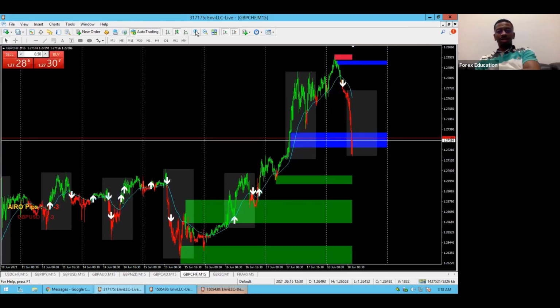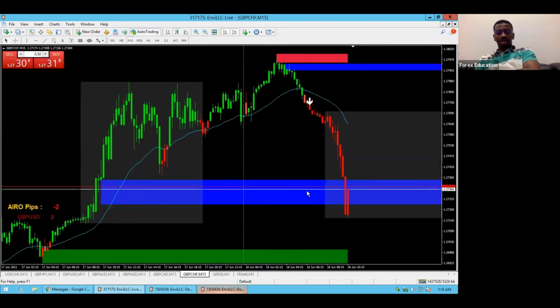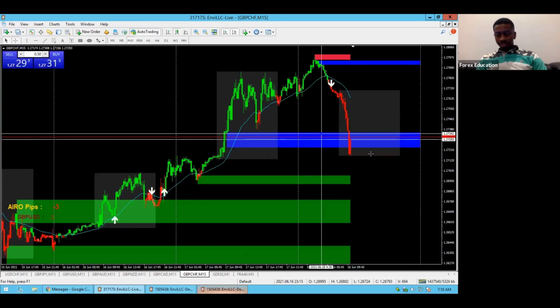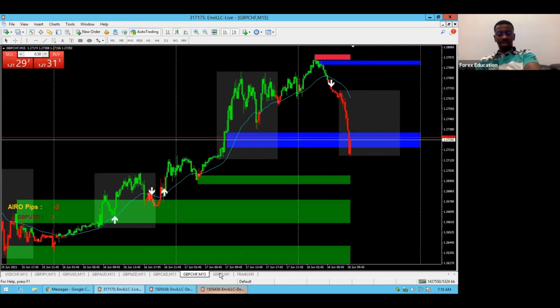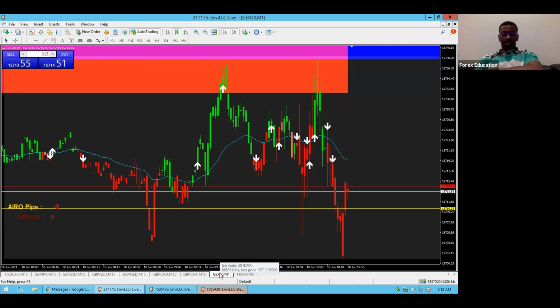GChef testing the bottom of that 1 hour, I believe, imbalance zone. If we get another, I don't know about that. Let's see here. How far is that from the zone? We might be able to get some. We'll see how that plays out. What are you going to do?